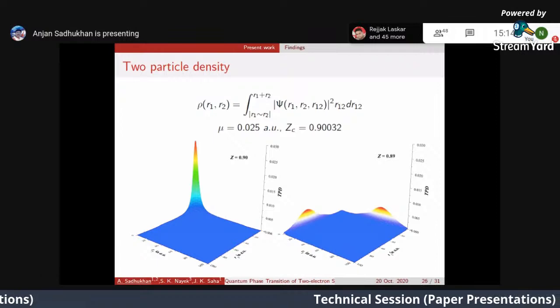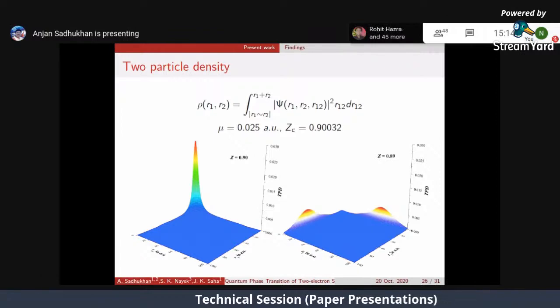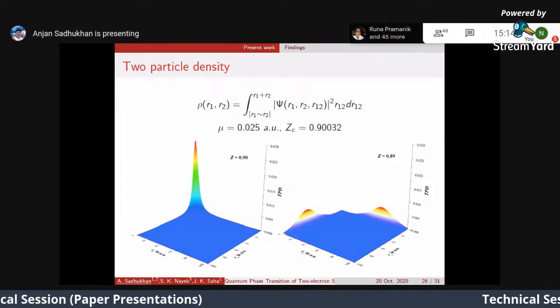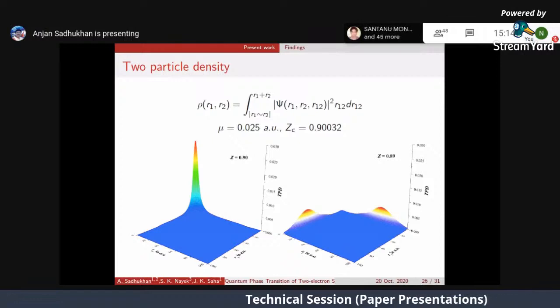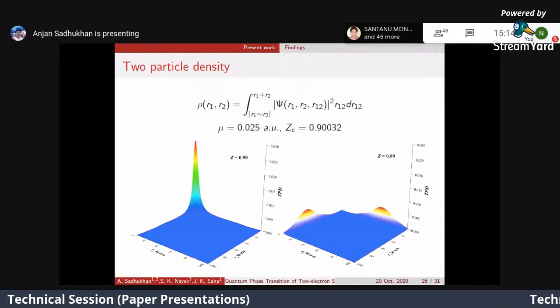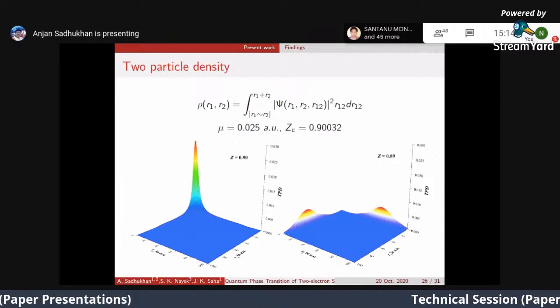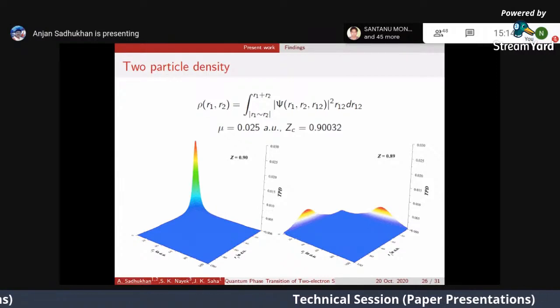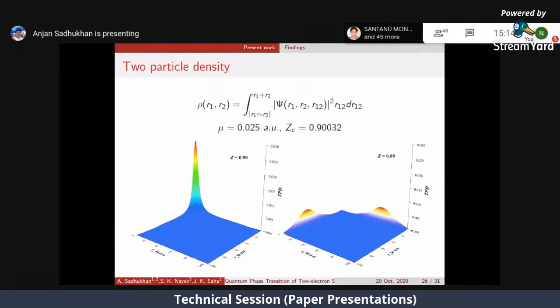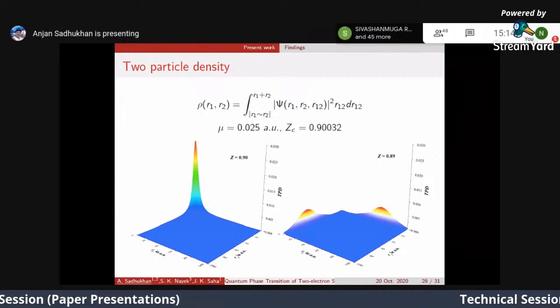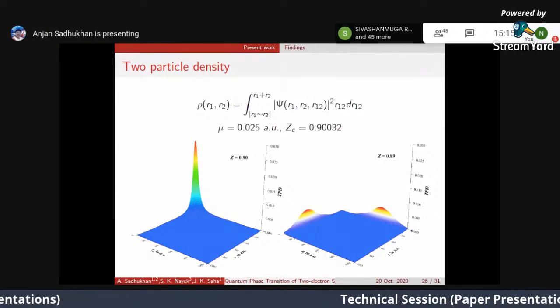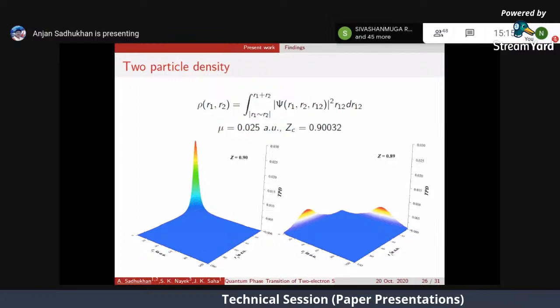On the left hand side, the diagram is for z equals 0.9, and the other is for z equals 0.89. For z equals 0.9, a single peak has appeared for equal values of R1 and R2, and it has been noted that the equidistant symmetrical position of the electrons from the nucleus is the most preferable configuration of the system, whereas